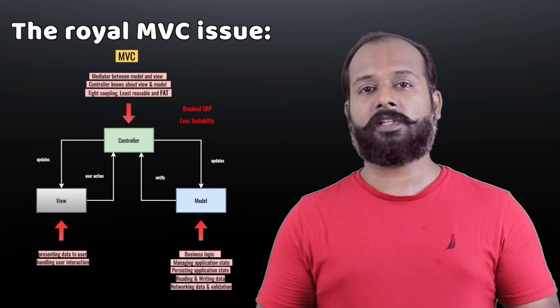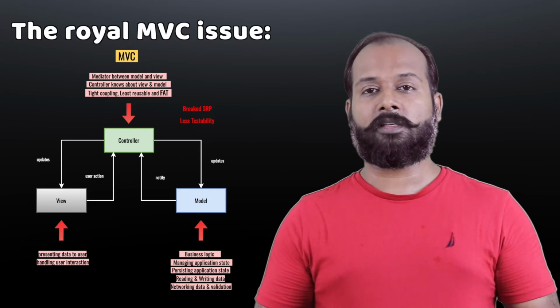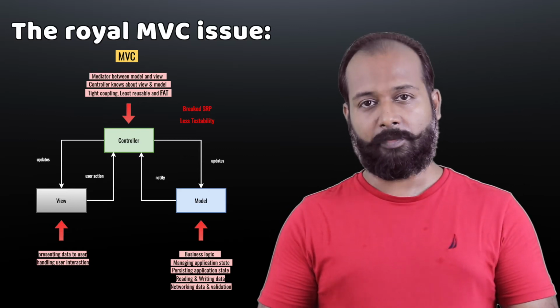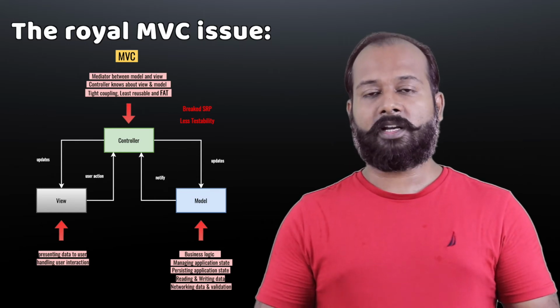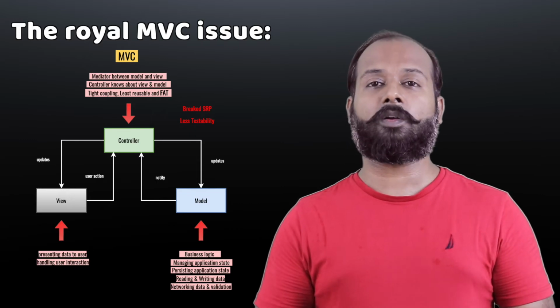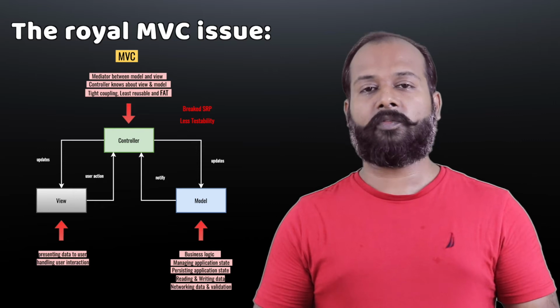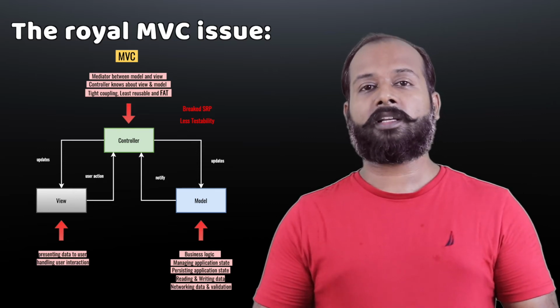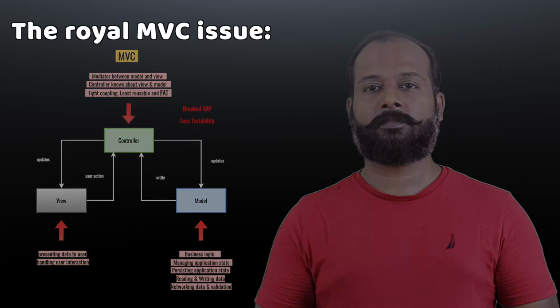And what is the result of this? The result is that my view controller becomes very messy, because it has the combination of the business logic plus the UI logic also. Both logics are written in a single place inside the controller layer, and ultimately my view controller becomes very fat, and this problem is known as the fat view controller problem in MVC. And now MVP architecture comes into the picture to solve this fat view controller problem.